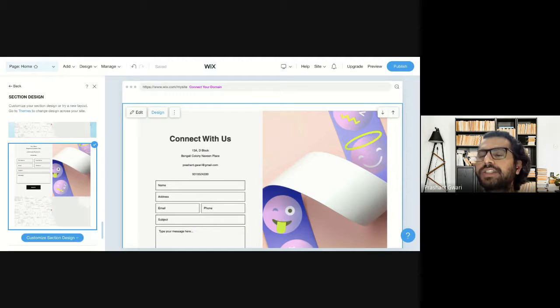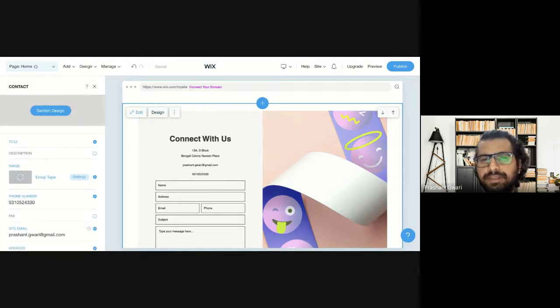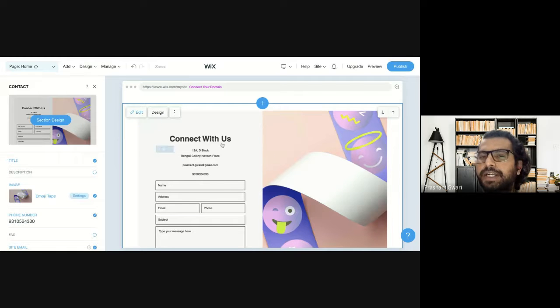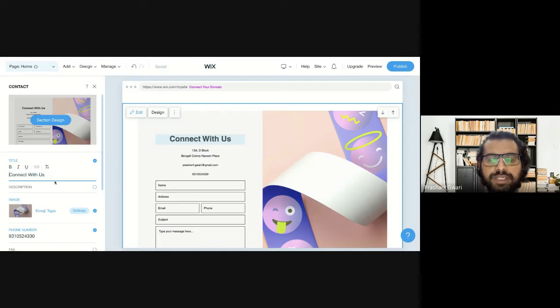That was customizing the home page. So let's go to the edit part, and the title is "Contact with us." If I want to make it more catching, I can choose a different heading like "Have any question, doubts or queries?" with a question mark. I can choose that, or I can directly go with that. So let's say I want to change it, so I can change it from this section.